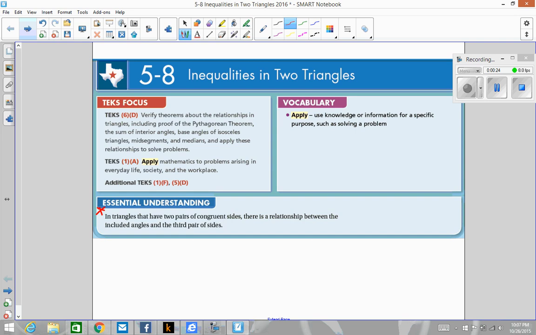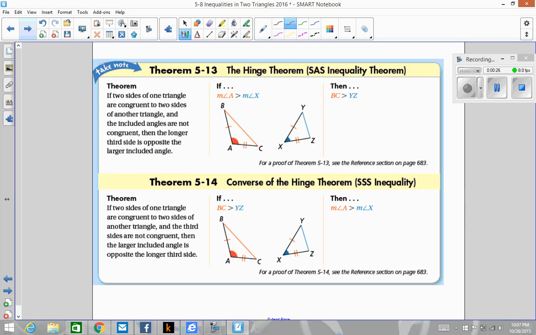All right, so we have the hinge theorem. Some refer to it as the side-angle-side inequality, or side inequality. I'm going to just use the words the hinge theorem. So make sure you know the hinge theorem and the converse of the hinge theorem. So highlight those. What this says is that if you have this side and this side congruent and you have